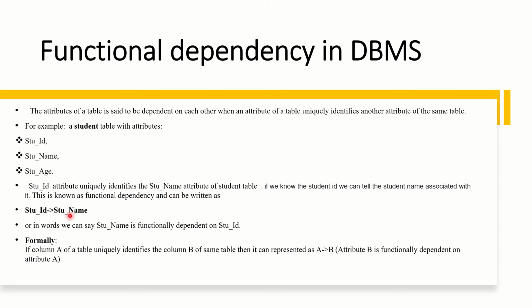And how you will represent the functional dependency, that is the next point you have to study. Normally, functional dependency is indicated by an implies symbol. In our example, we said that if you know the ID of the student, you can uniquely identify the name of the student. So we can represent this by using the symbol of functional dependency. That means student ID implies student name. The meaning of this statement is that the student name is functionally dependent on the student ID.